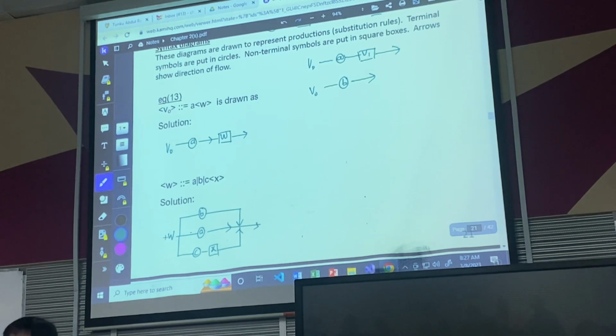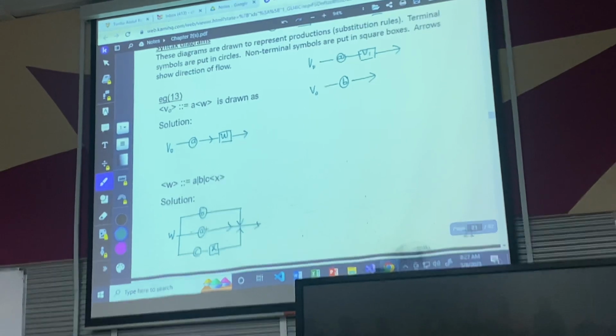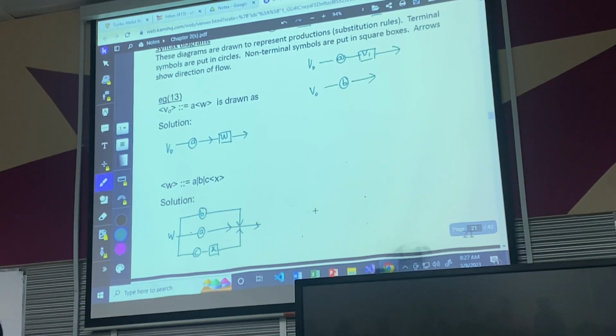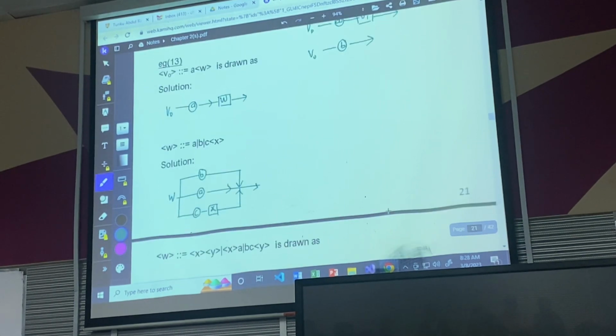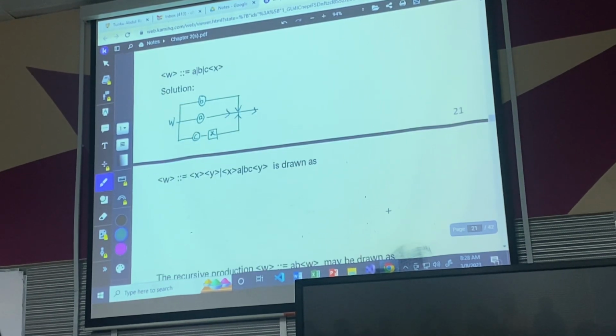Up to you. Either you have all the way different ways out like this, 3 of them, or you want to combine them into one way out, also acceptable, as long as they are going out from the right, left to right. And this one,